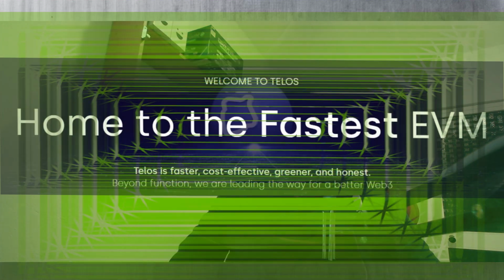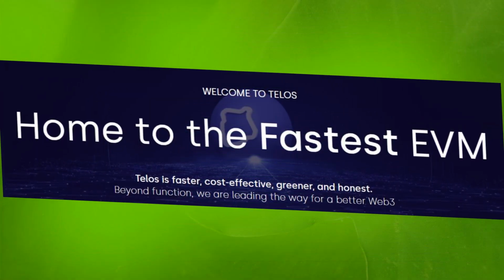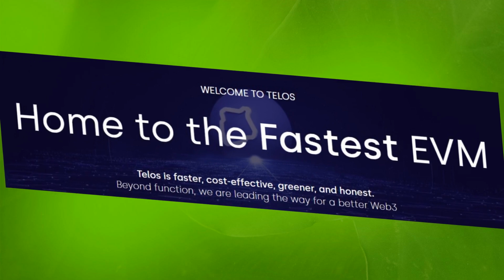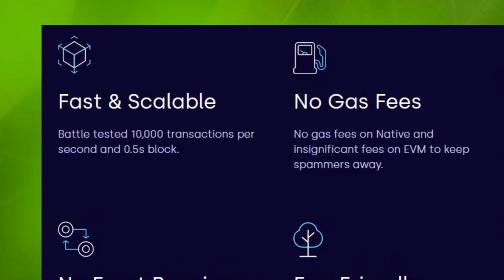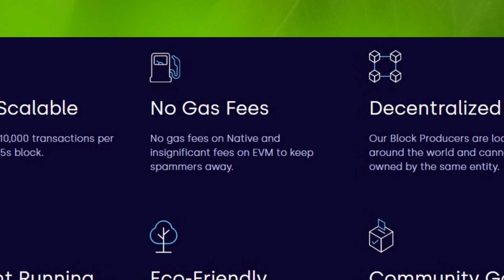Telos claim to be home to the fastest EVM, not only fast but also cost-effective, greener and honest. The idea is that through these advantages they can lead the way for a better Web3. Telos were built in 2018, so they've been in this space for quite some time now, and they're a layer 1 blockchain. When they say it's fast and scalable, it's because they have battle tested 10,000 transactions per second and their half-a-second block times. They don't actually charge any fees on their native blockchain, and the fees on the EVM